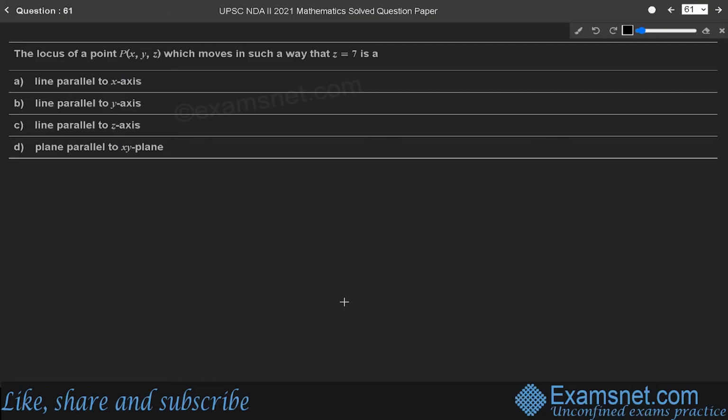The question is: the locus of a point P(X, Y, Z) which moves in such a way that Z is equal to 7 is a... This means we have to find the locus of point P which moves in such a way that Z is equal to 7. When Z is equal to 0, then it represents a